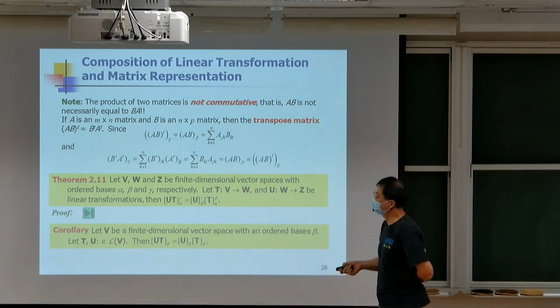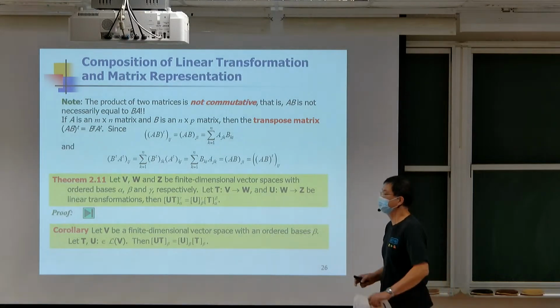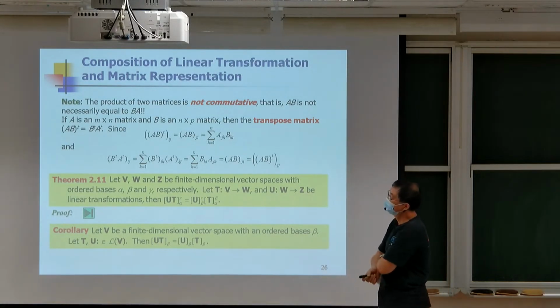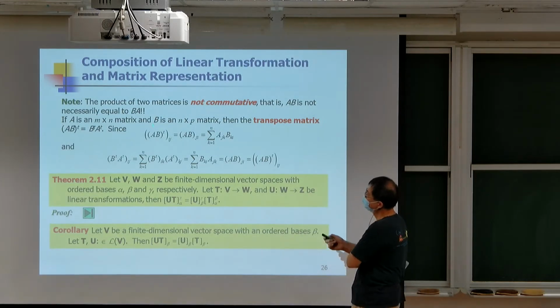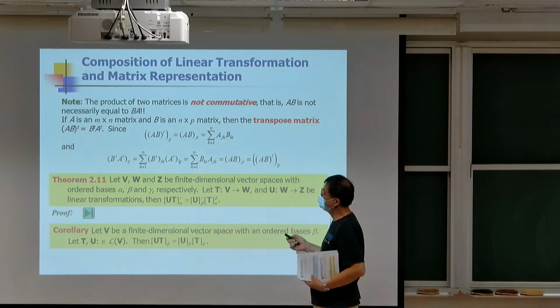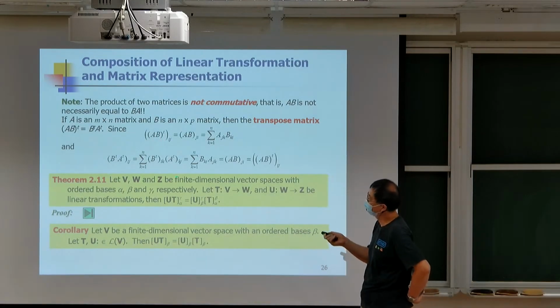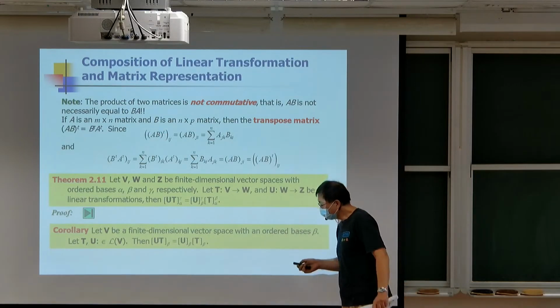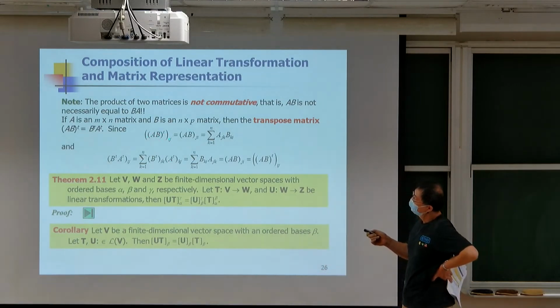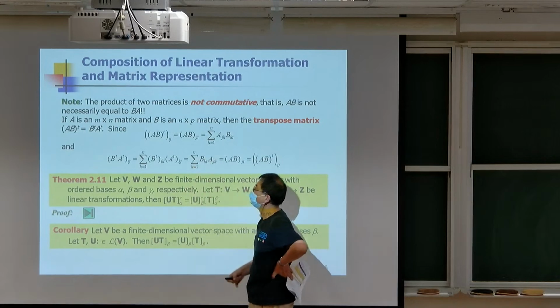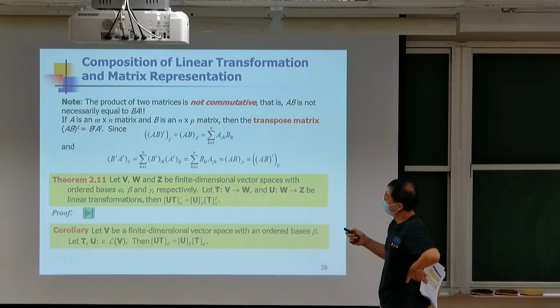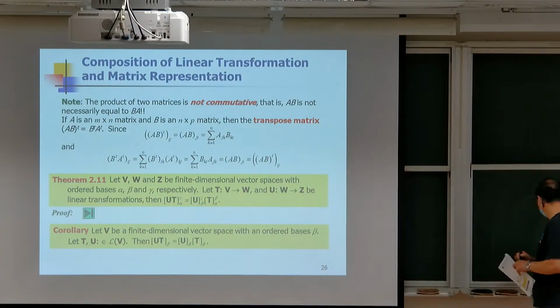Okay, so we want to calculate it. And actually, we just follow the definition of the product of a matrix. So here we first calculate AB, and then we transpose it. Okay, so here after we transpose the product AB, we take the element in the ith row and the jth column. So it will be (AB)Tij, which is ABji, because